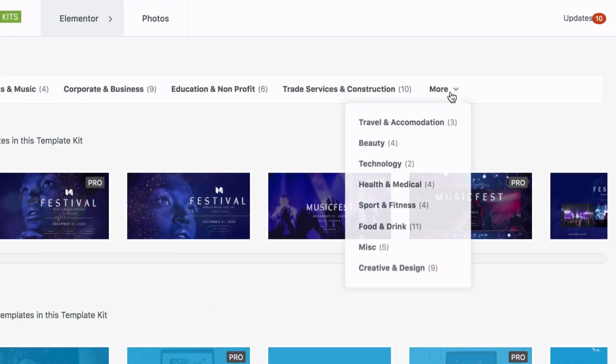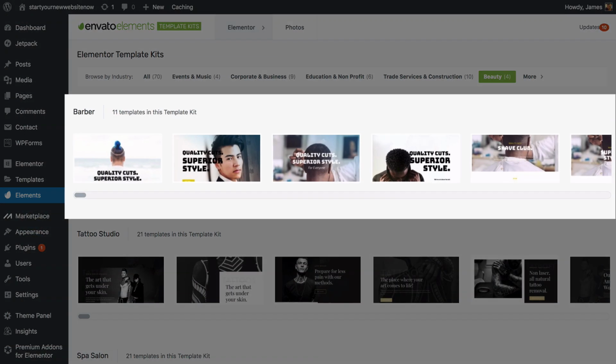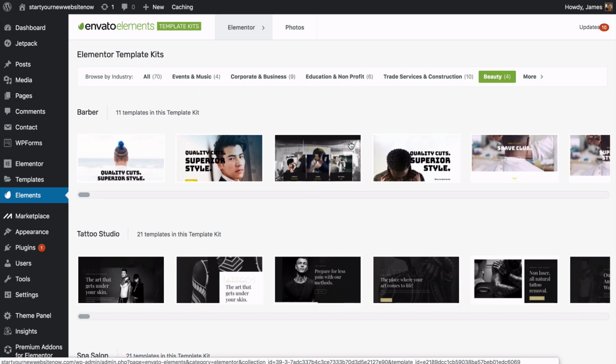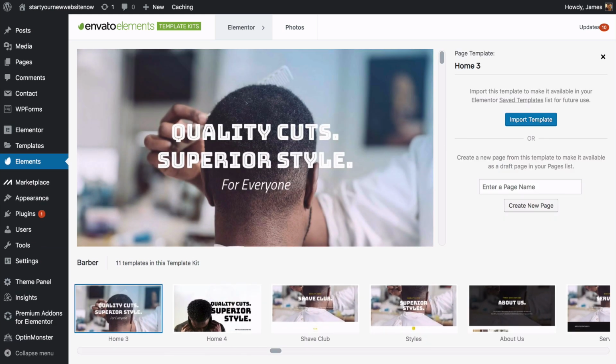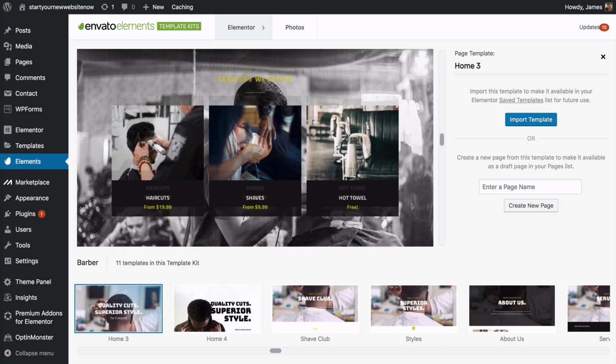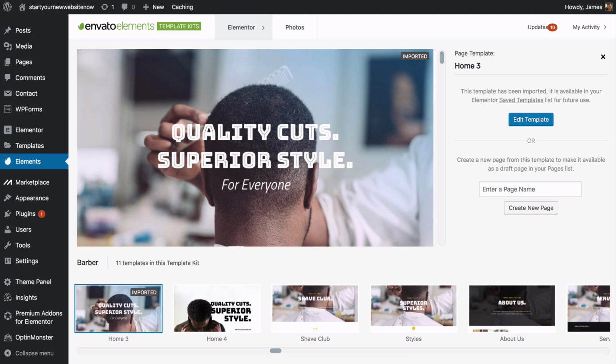Okay, so for the home page, I'm going to use elements in the beauty section, and these ones here under Barber. Scrolling over an image will give you a preview of what it looks like, and clicking it will give you a preview too, which you can then scroll up and down and get a feel for. It lets you have a go at the website before you import it. When you're ready, just click on Import and it'll be imported straight into Elementor, which we'll be using in a